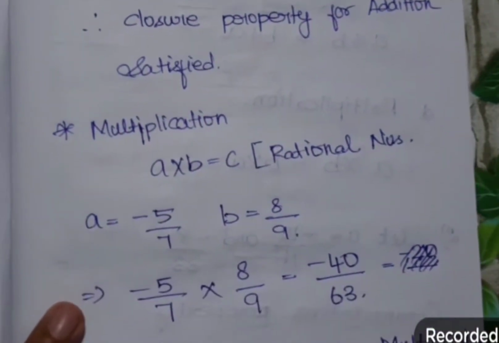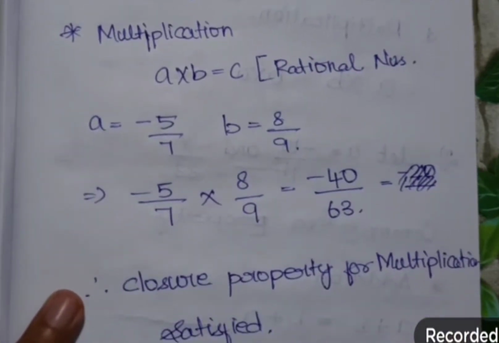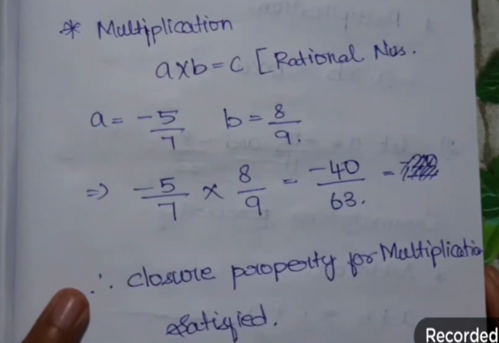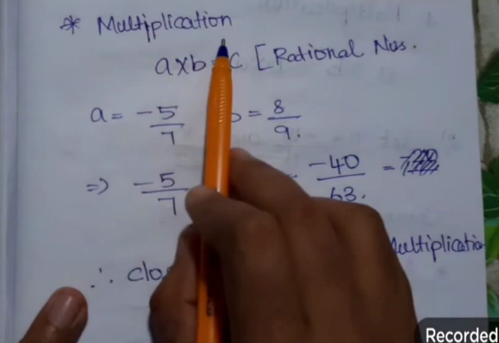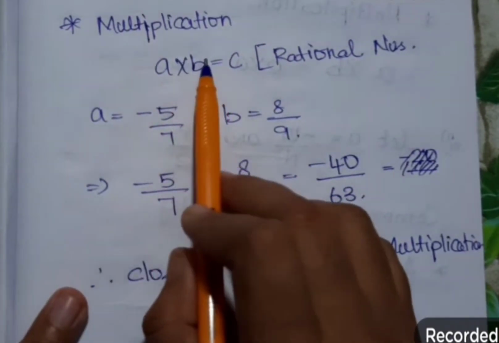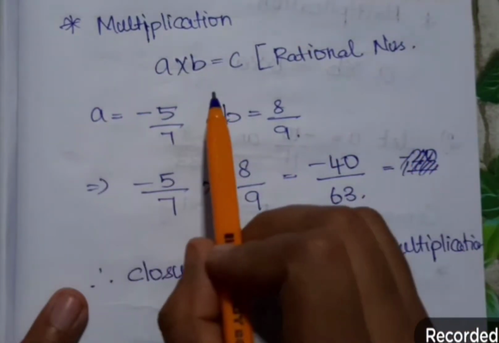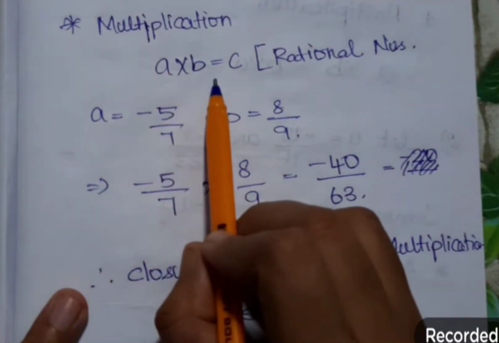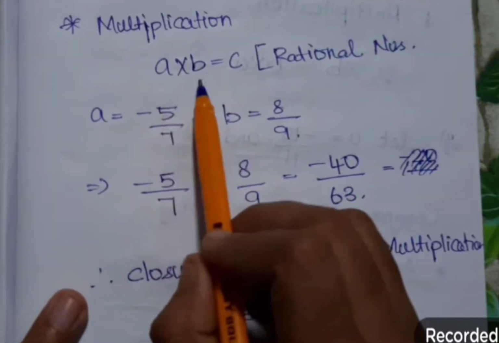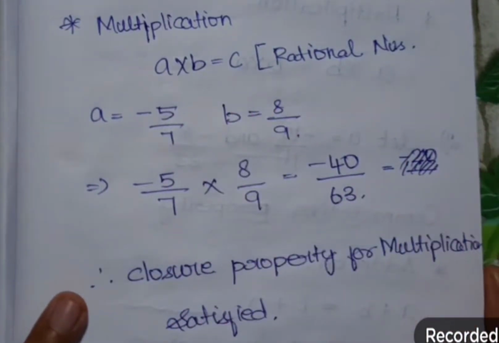Second one is multiplication. So closure property of multiplication you have to verify here. That is the same model: the two numbers given, you have to take them as A and B, and multiply them because the given condition is multiplication. So A into B belongs to Q or C. C is rational numbers. Instead of C you can write Q also. So the multiplication rule you applied, A value and B value is given in your book. Any two rational numbers, if you multiply, again you will get a rational number. That is the rule here.